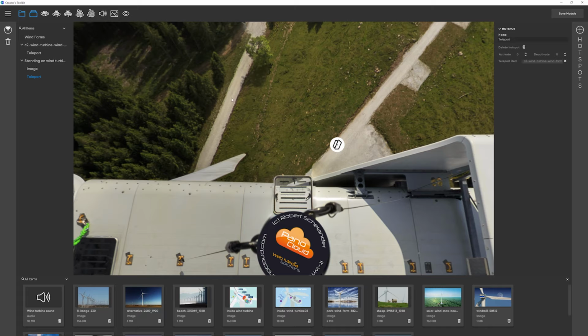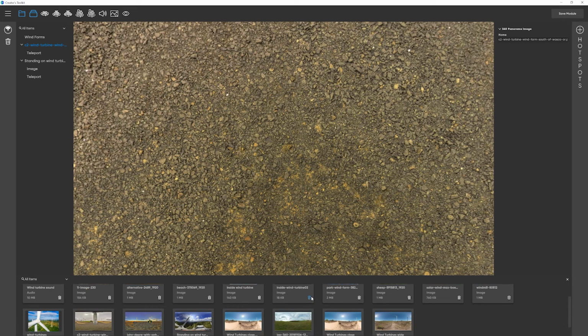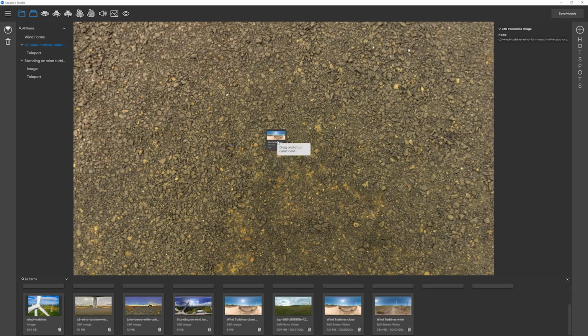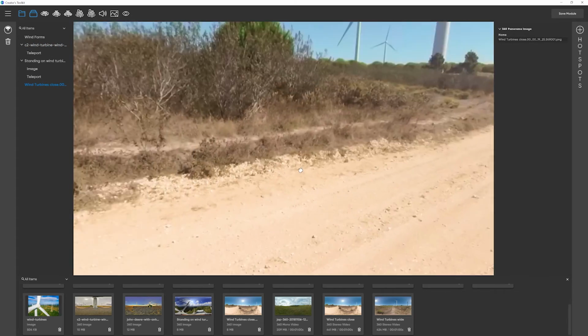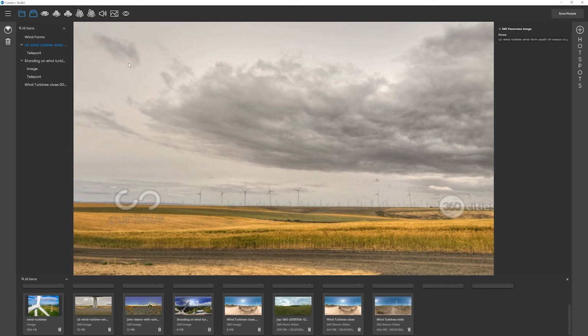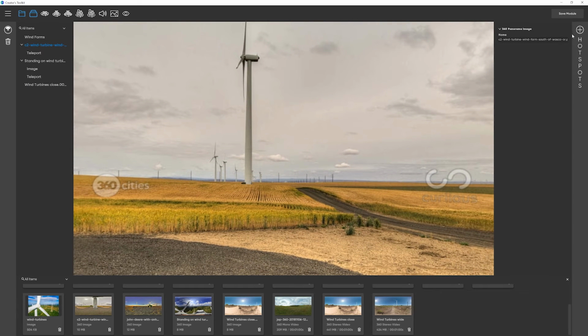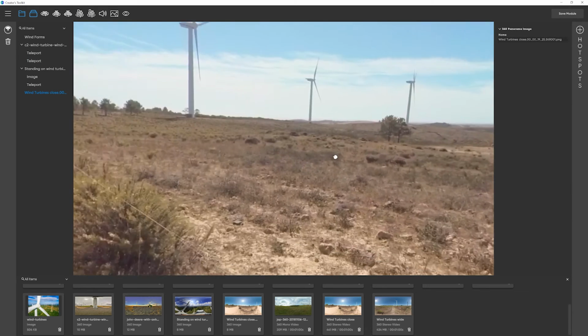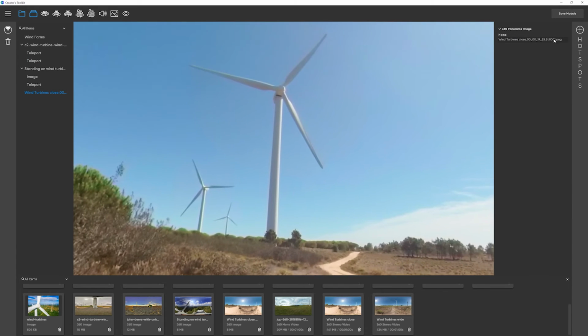Now I'd like to add a 360 image to my module. I select an item from my library, drag it into the center of the screen, and going back to the previous image, I create another teleport and drag the image into the hotspot to link the assets. Within this still image of a wind farm in Portugal, I'd like to add an audio file, giving